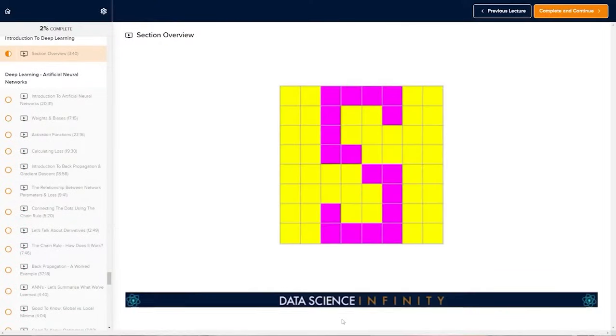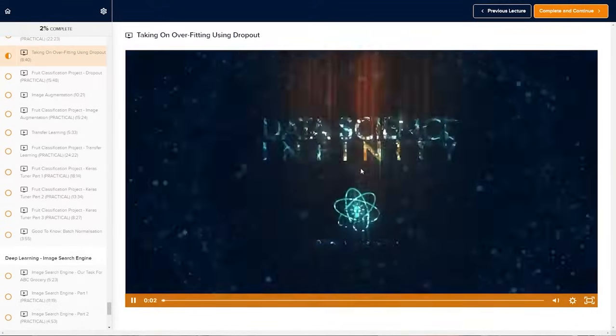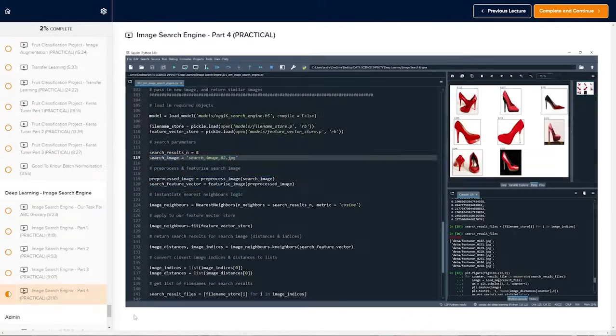Let's take a look at the professionally designed GitHub-based portfolio site that you get as a member of Data Science Infinity, the very same portfolio that is helping DSI students consistently land amazing roles in this field. So in the program here, as you work your way through the curriculum, learning all of the key tools and skills that hiring managers have said they need and want from new data scientists and new data analysts, you will